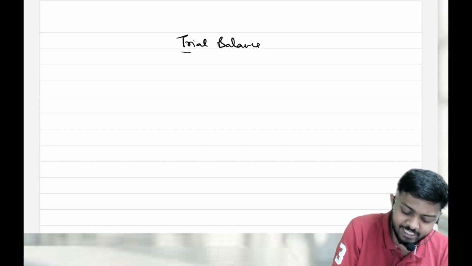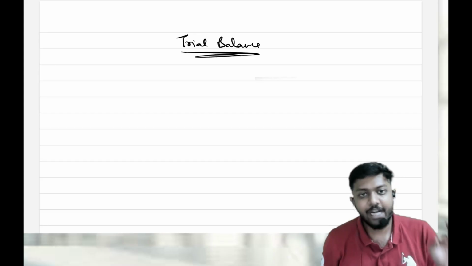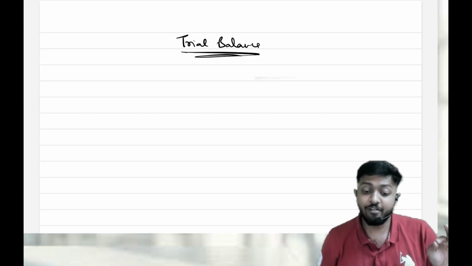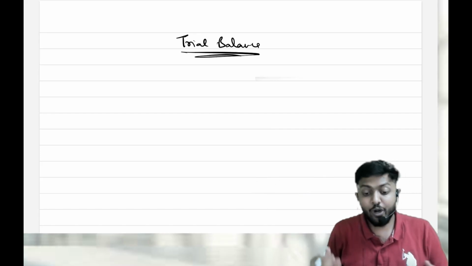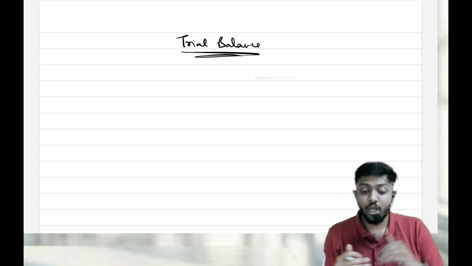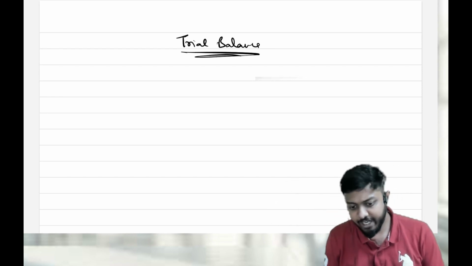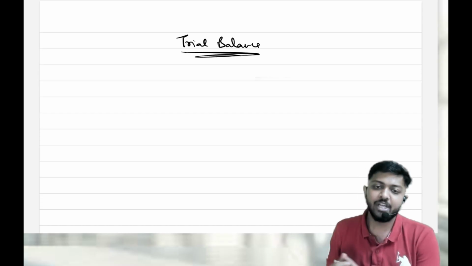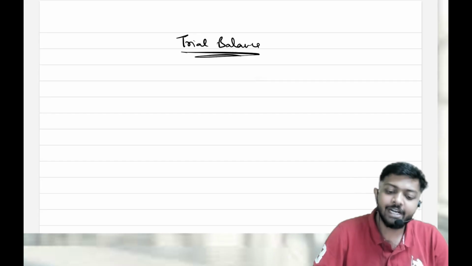Okay, trial balance is just a sheet of paper that is prepared to check the accuracy of accounts, because we follow the double entry system of accounting. In the ultimate, for your balance sheet to tally, all your debits must be equal to your credits, because whenever you recorded a transaction, you had one debit for one credit. So before entering into the preparation of financial statements, we will check our accuracy once by preparing a trial balance.